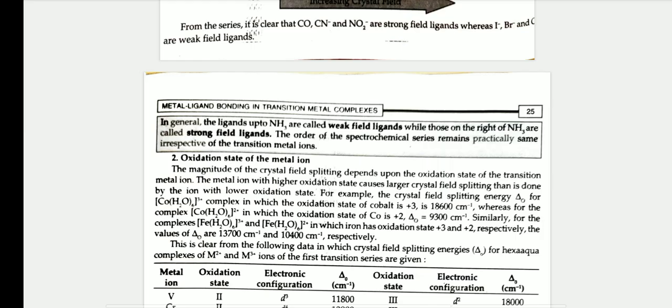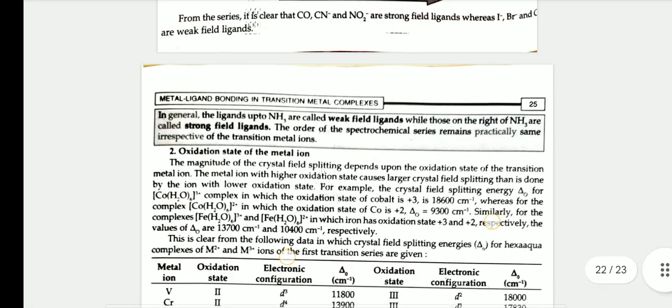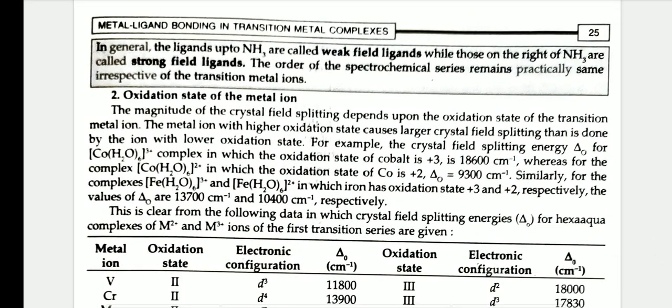Oxidation state of metal ion. The magnitude of crystal field splitting depends upon the oxidation state of the transition metal ion. The metal ion with a higher oxidation state causes larger crystal field splitting than the ion with a lower oxidation state. For example, the crystal field splitting energy delta O for the [Co(H2O)6]³⁺ complex, in which the oxidation state of cobalt is +3, is 18600 cm⁻¹, whereas for the complex [Co(H2O)6]²⁺, in which the oxidation state of cobalt is +2, delta O is equal to